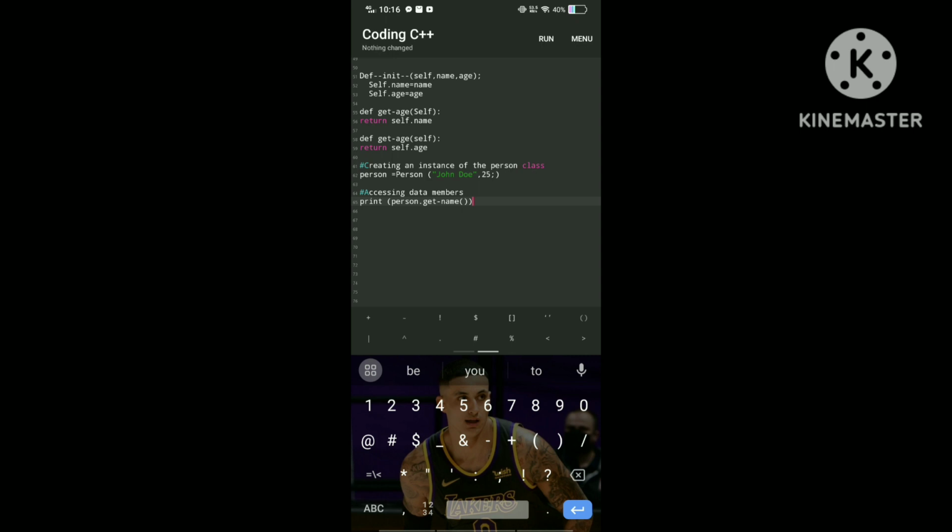The init method is automatically called with the provided values. Finally, the values of the data members are accessed using the get_name and get_age methods, and the results are printed using the print function. In this case, the output will be